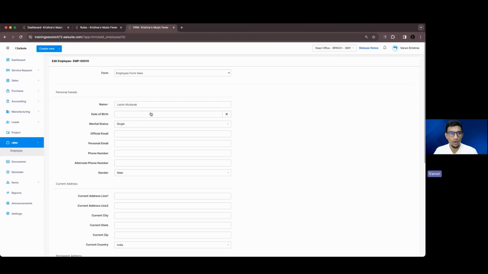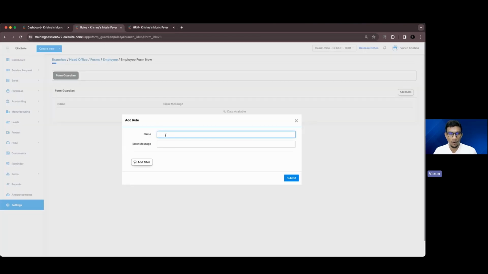So I'm returning back and I'm going to edit. I'm going to add a rule. What should be the name of this particular rule that I'm going to add? Something like mandatory official email address. Mandatory official email address. And what should be the error message? Please add official